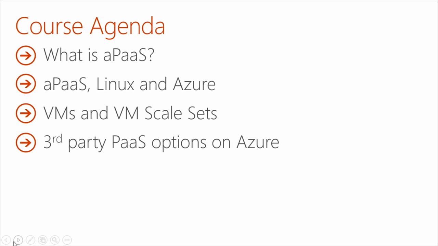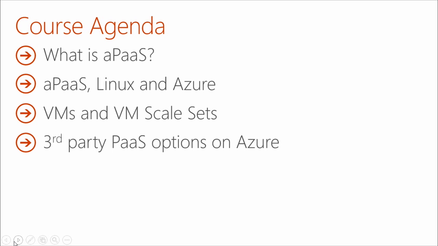And then we'll talk about what Azure services today help you in building an infrastructure substrate for enabling both first-party and third-party platform as a service, both open and proprietary. And then the last one is I would take you on a tour of different third-party platform as a service options that are available in Azure, all of them on Linux. I have a couple that I'll talk about on Windows, but mostly on Linux.